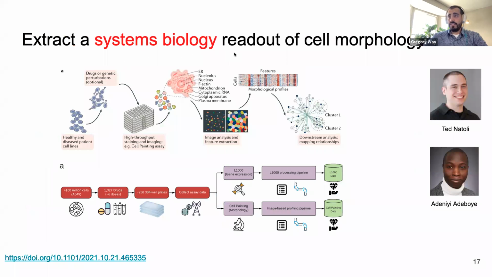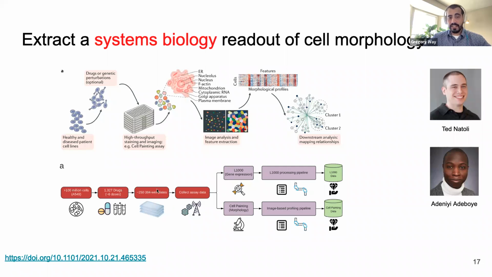And so just to reiterate why one might want to do this is that this process is able to extract a systems biology readout of cell state. And so this is just one slide example of what we can do downstream. This is work led by Ted Natoli and Adeni Adeboye, in which we profiled over 100 million single cells from A549, which is a lung cancer line, only one cell type. We applied 1,327 different drugs across 6 doses,